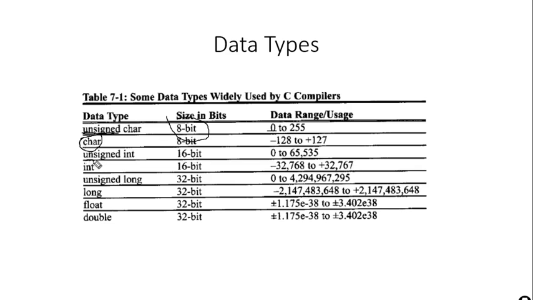If you look at the table, a lot of varieties are available. You can also declare a long variable, which is a 32-bit variable, and it has a range of 2 raised to the power 32 divided by 2, because it is signed. Also, the ATmega controller doesn't have a floating point coprocessor or floating point unit, but with the help of software, the C compiler lets us also use floating point variables.